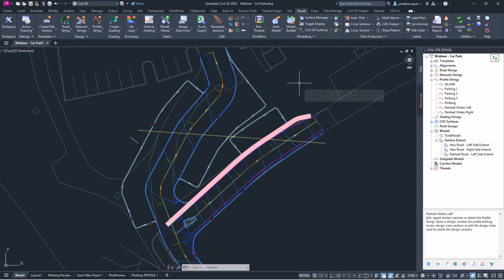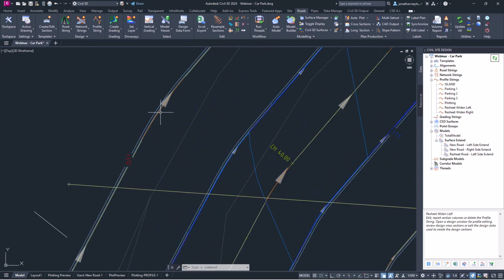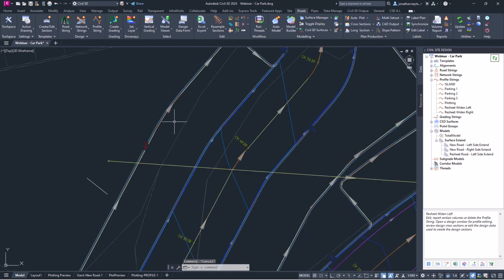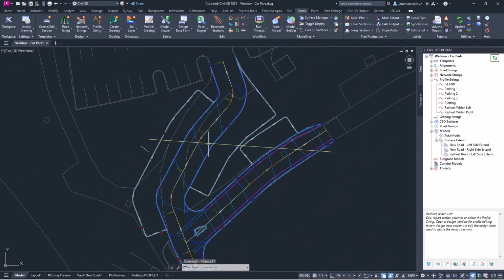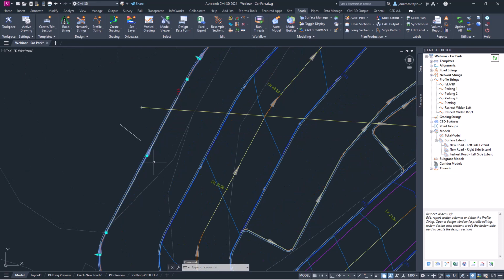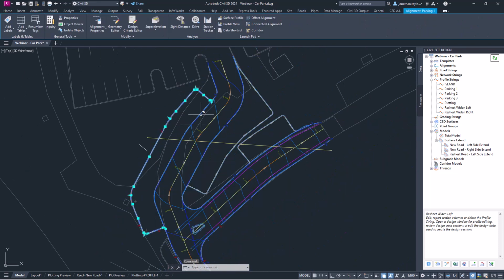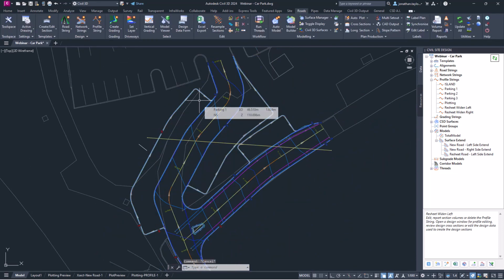So let's have a look at how the profile strings have been set up. We've got some Civil 3D alignments. This is being designed on top of the Civil 3D platform, but as the first slide indicates, this is completely platform neutral, so there's nothing I'm doing in here which would restrict you on any of the platforms. You can do all of this. It's just the fact that you'll be using Civil Site Design alignments if you're using the AutoCAD, BricsCAD or Civil Site Design Plus platforms. So we've generated these alignments, and then on top of which we've placed a profile